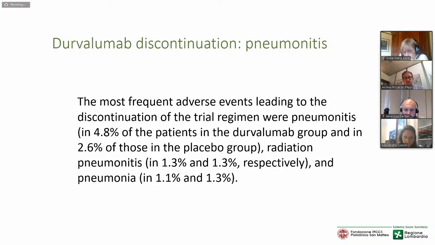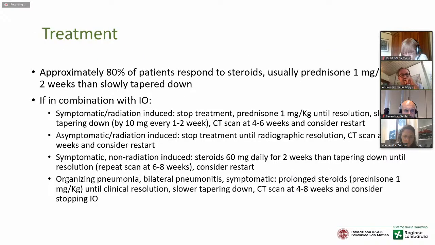But as you can see, the percentage of patients who stopped treatment with Durvalumab was very low in this randomized trial, and the rate of radiation pneumonitis was around 1.3%. And so these findings are in line with what we know in our clinics, and are very, very nice. What is the problem is that we know that we need to talk with our colleagues from